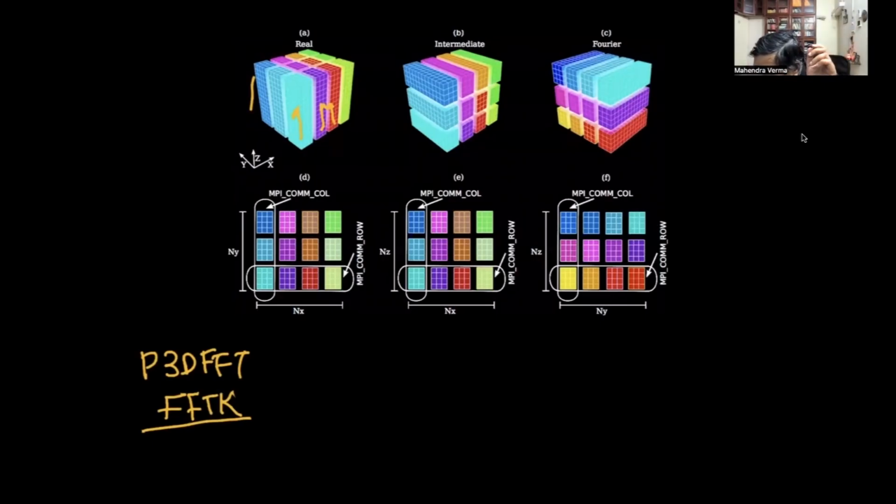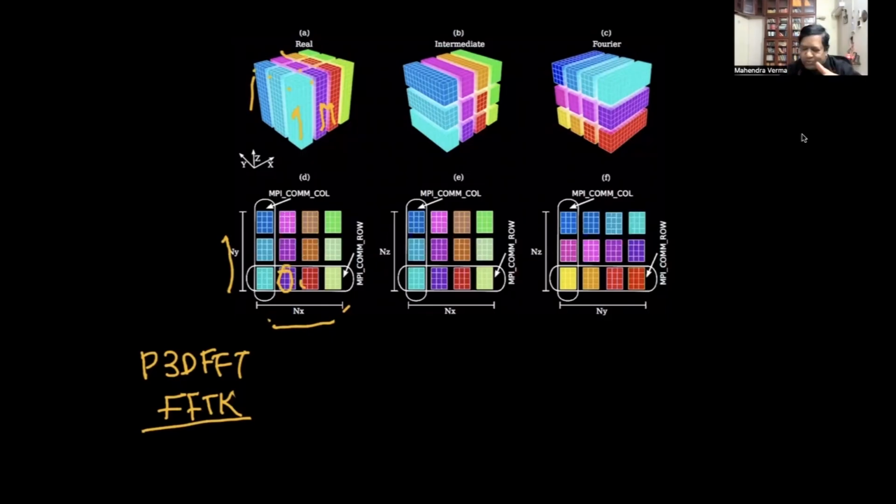You can see that there are 3 times 4. Each of them has 12 vertical columns. So how do I do it with this pencil decomposition? Please remember that these are the processors. We have NX and NY processors. So the number of processors used is 3 times 4, 12 processors. You can see 1, 2, 3, 4, 5, 6, 7, 8, 9, 10, 11, 12. So there are 12 processors.